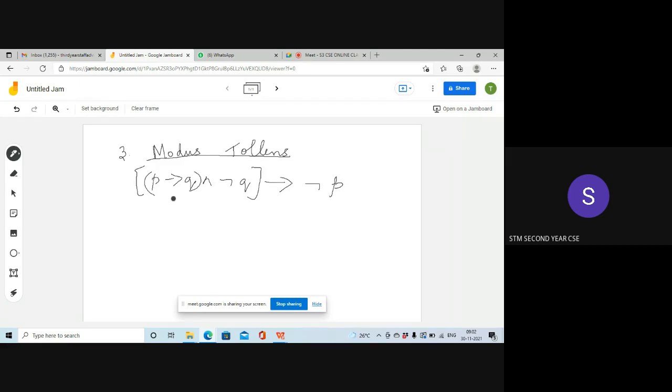In tabular form, we can express it as follows. This is our first argument P1. Anything separated by this 'and' will be our argument P1. Next, this is P2, and this is our conclusion C. So in tabular form, it is of the form P1, P2, draw a line, therefore C. This is how you write in tabular form. So when we write this particular formula in tabular form, you get P implies Q, that is P1, then P2 is not Q, then draw a line, then we get the conclusion, not P. Okay, this is modus tollens.